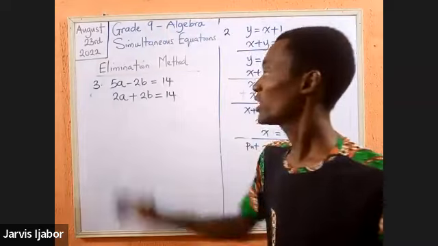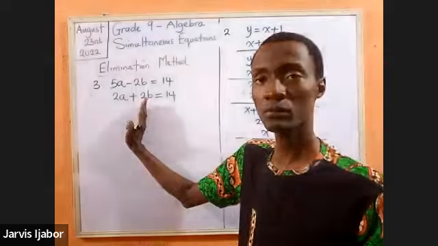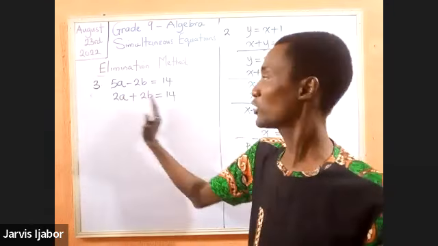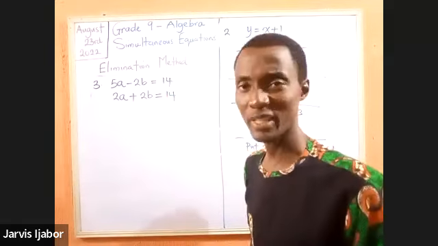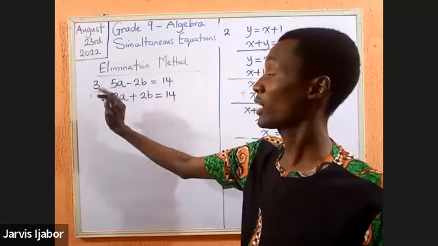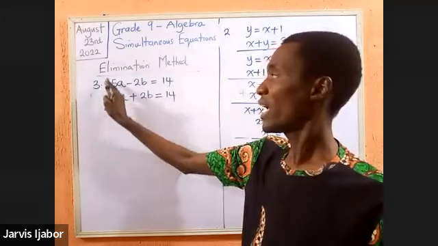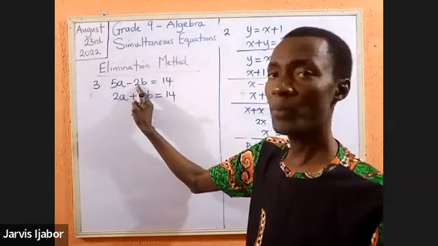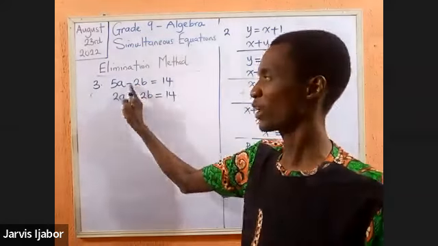Now, for this question, look at it. It's arranged for us. We have the unknown on the left-hand side. We have the known on the right-hand side. Now, which one can we eliminate? You discover that for the numerator for the first equation and second equation, the coefficient of A are not the same. For B, they are technically the same,